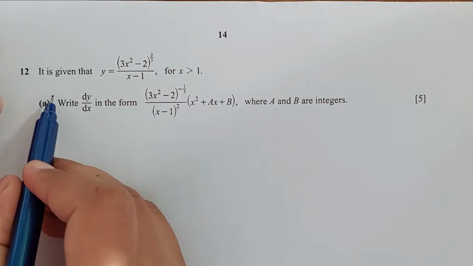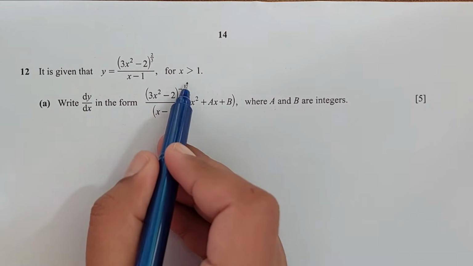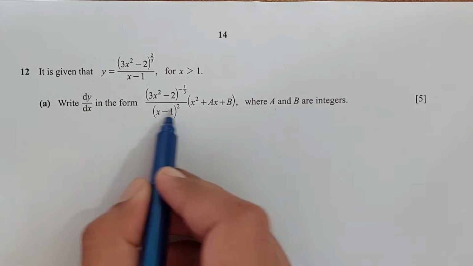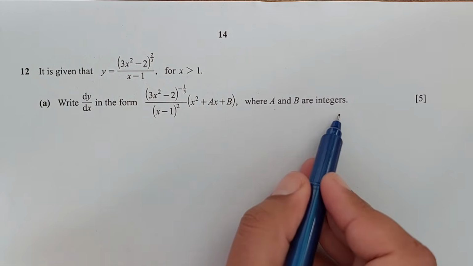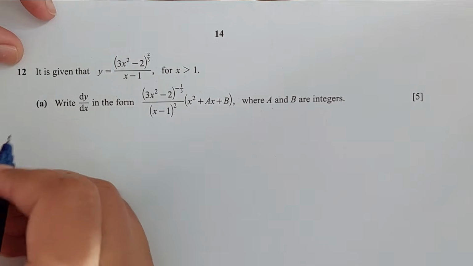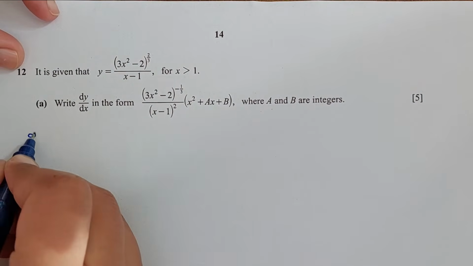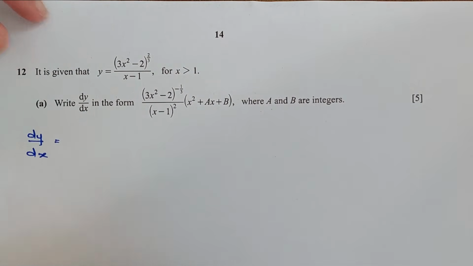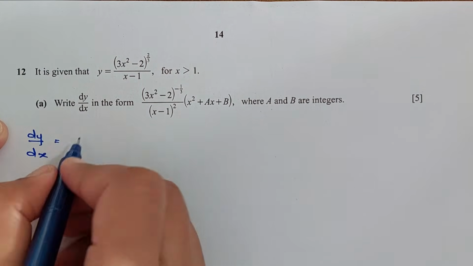Question number 12, it is given that y equals to this for x is greater than 1. Part A, write dy by dx in the form this where a and b are integers. Okay. We have given y, so we have to differentiate this. Dy over dx is, we need to apply the quotient rule here. So for quotient rule, we have to do